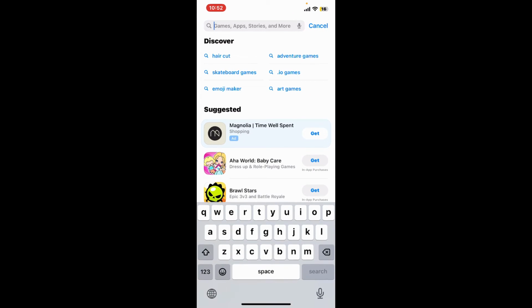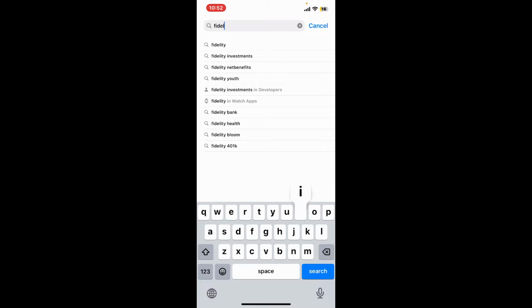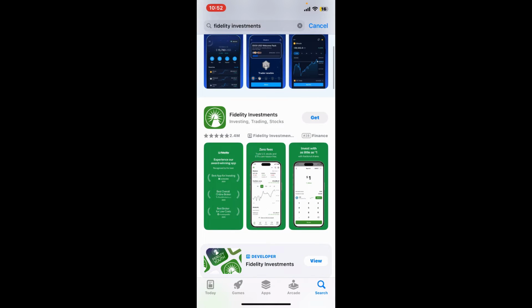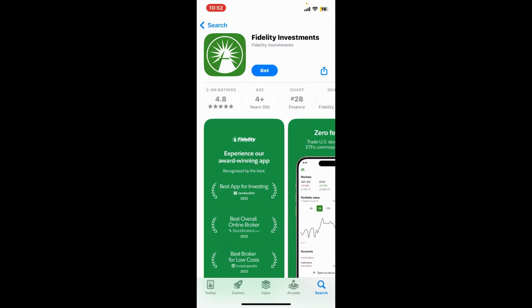Go to the search box and type in Fidelity Investments and search. In the search results, open up the Fidelity Investments app and tap on the Get button to start downloading the app on your device. Fidelity Investments offers a range of accounts and services to help you invest, save, and plan